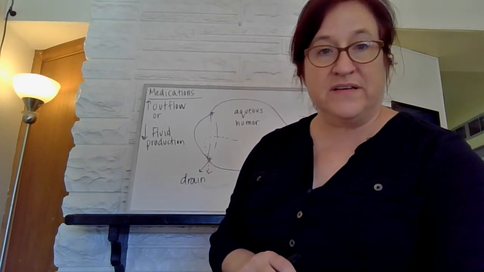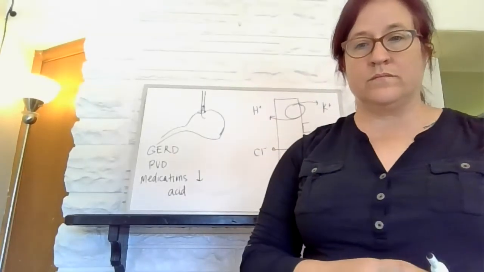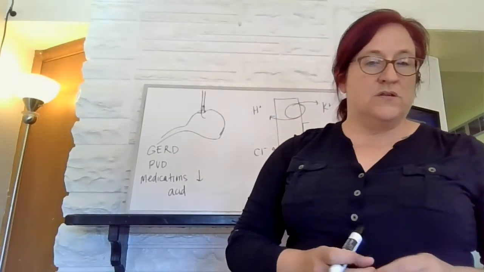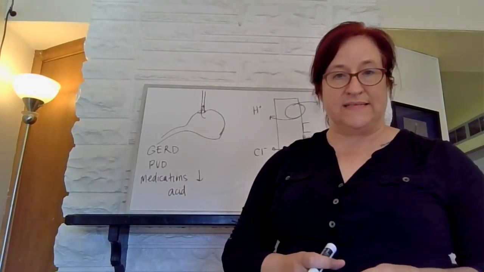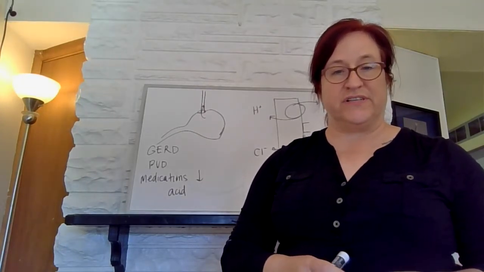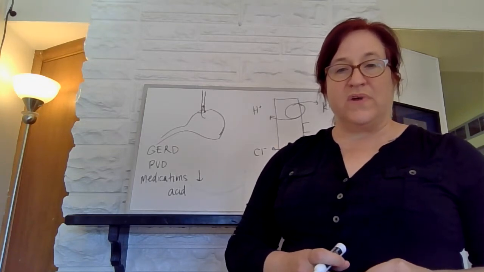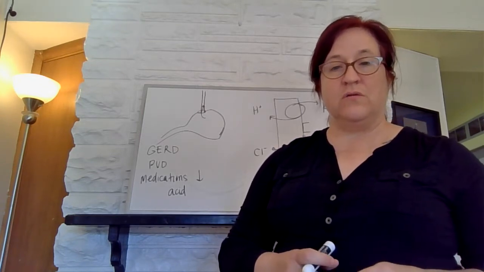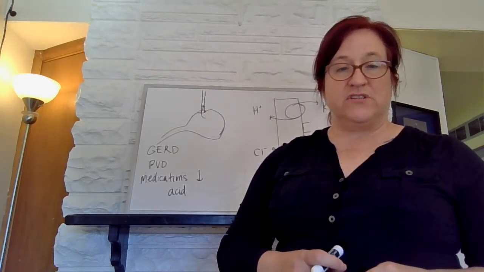And then we're going to move into the GI medications. The first section of GI medications has to do with medicines that decrease acid production. And these are often used for conditions such as GERD, which is gastroesophageal reflux disease, or PUD, which is peptic